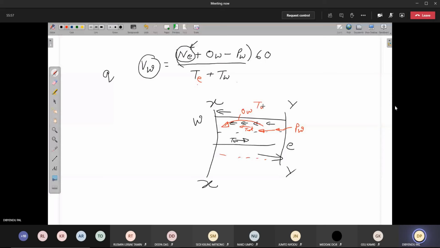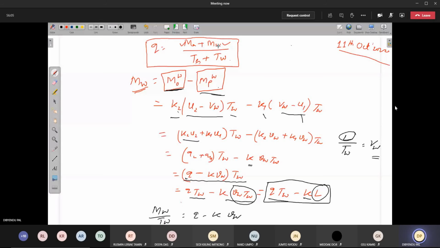So the same thing is written here. Next, what we have written here is MA and MW. What is MA? MA is basically the difference between the vehicles when the test vehicle was against the stream: the difference between the number of vehicles which have overtaken the test vehicle and the number of vehicles the test vehicle overtakes. When the test vehicle was against the stream, it cannot overtake a single vehicle. All the vehicles are overtaken. That means MA is a single parameter, a single value only. So this MA is nothing but NE here.